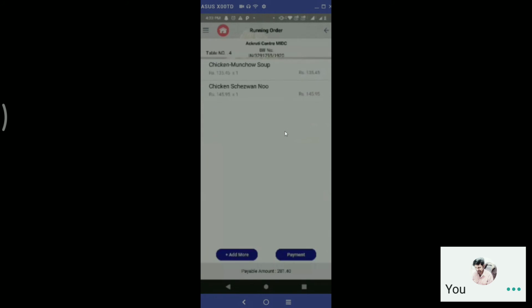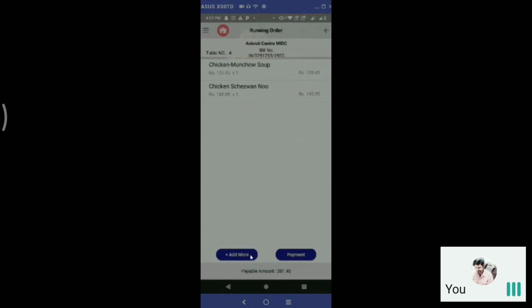When I place orders, it will show me the products that are in the cart. This is my main screen, where it will show me all the products that I have punched. This is my running table detail, so what is running on my current table. If we are both sitting at the table and we order 2 beers and 1 starter, once that is finished, and again we want to order something, in that case I can go to add more and add additional items. Okay.